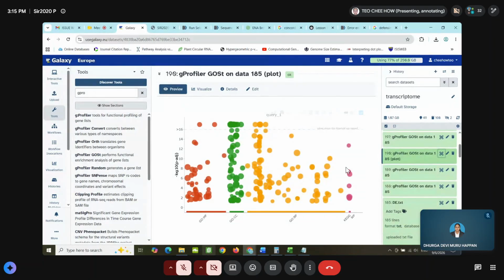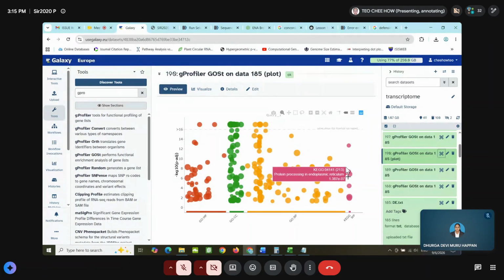Yeah, so you can see that those are the GO enrichment plots for MF, for CC, and for BP, and also for the pathways involved. So involved in the photosynthesis pathway, right?